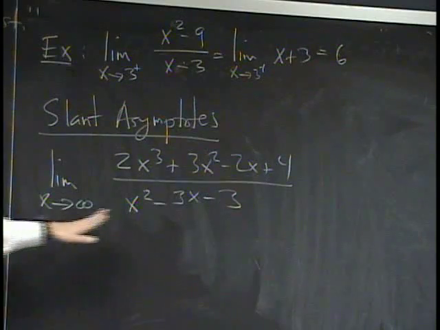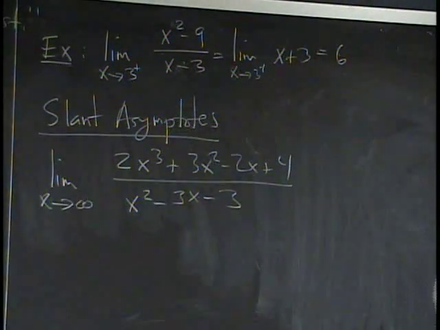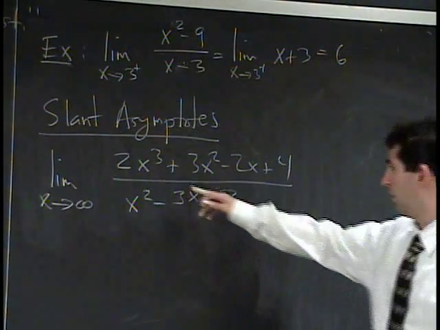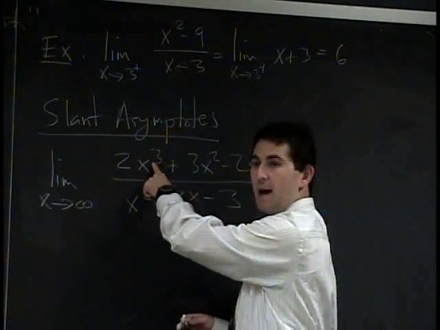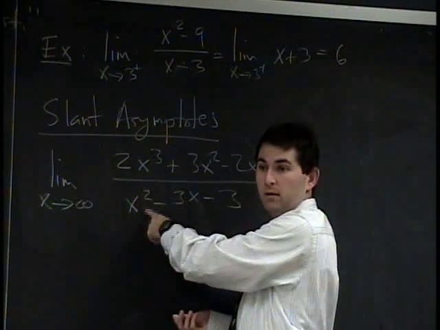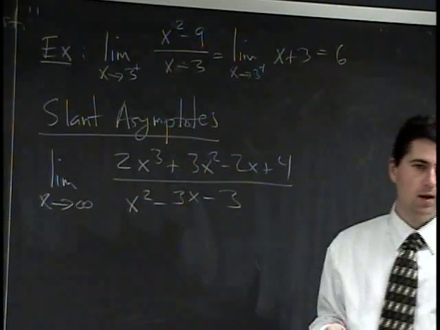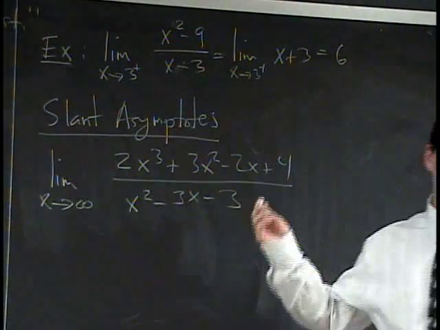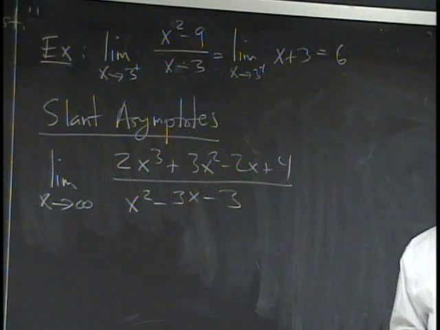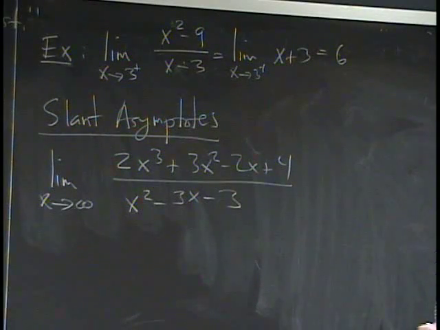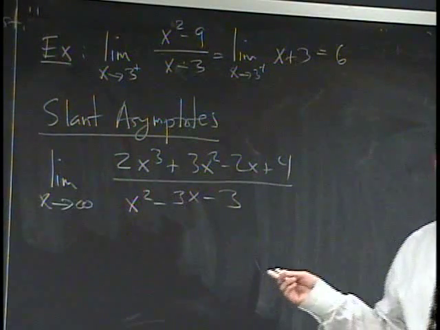So it doesn't have a horizontal asymptote because it goes to infinity. It doesn't go to a number. You can tell that because the degree on the top is higher than the degree on the bottom. So you know it's going to infinity. So you might think, wait, we get no information. This is horrible, useless. But let's pretend we were trying to do this